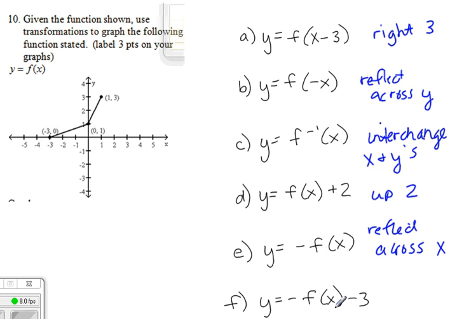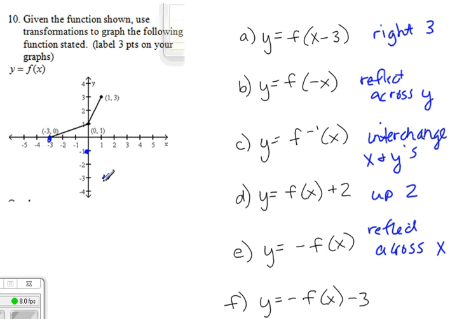And then part F, now we have two transformations here. In the order in which we want to do that, first of all, this graph does not move to the left or right any. So then we'll look for any reflections. So we do want to reflect this one. Actually, if we had kept that graph up here, I'm going to put it back from before, the negative f of x,